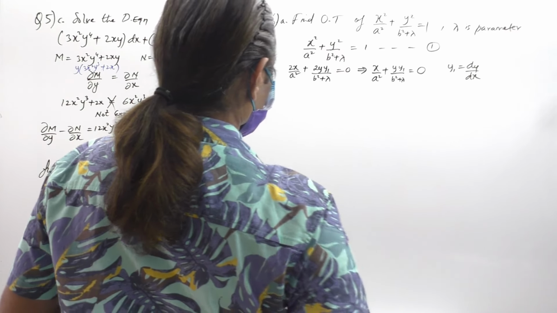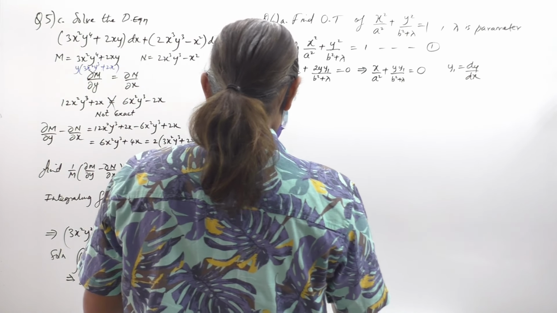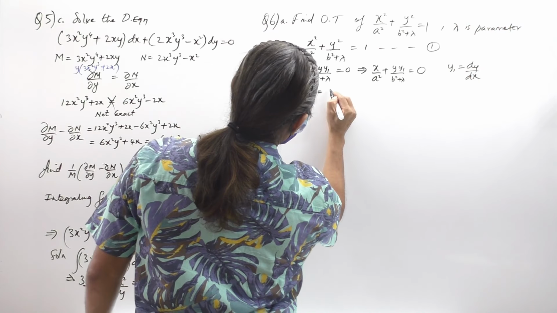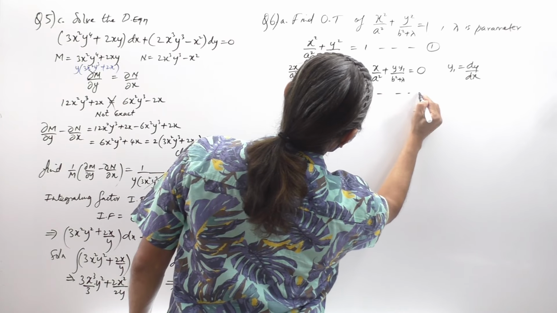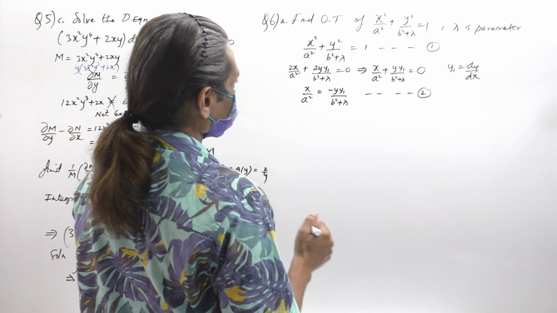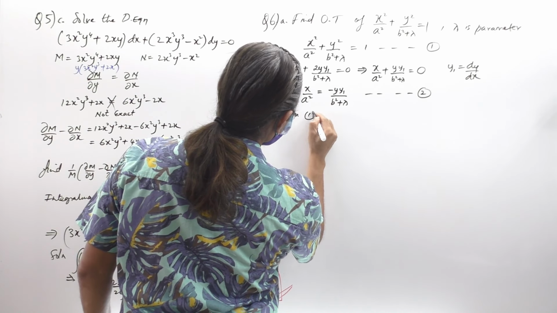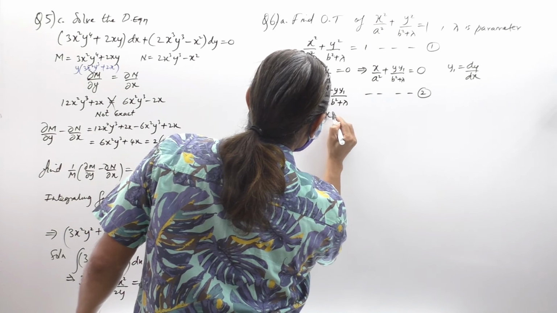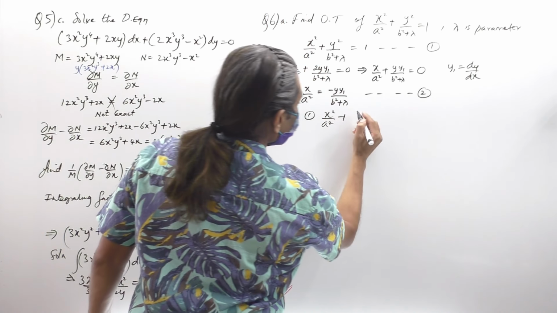Fine. Okay, lambda is not eliminated here. So what I do now, I rewrite this as x by a square is equal to, I take that side, minus y1 by b square plus lambda. I'll take this as 2. Okay. And again, what I'll do is use the given question. So from the question, which is 1, I can write x square by a square, take 1 this side, minus 1 equals